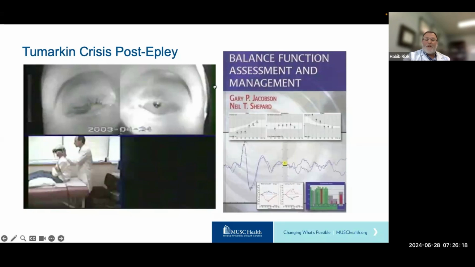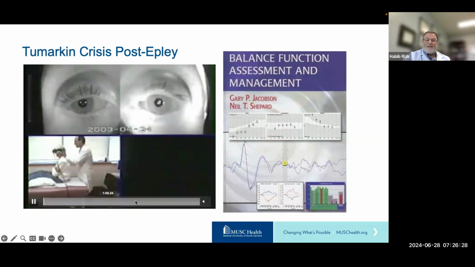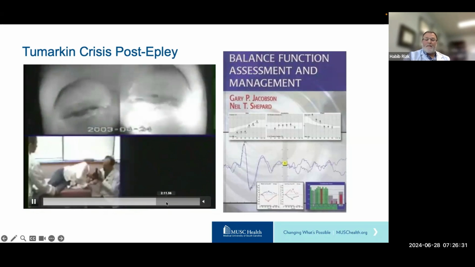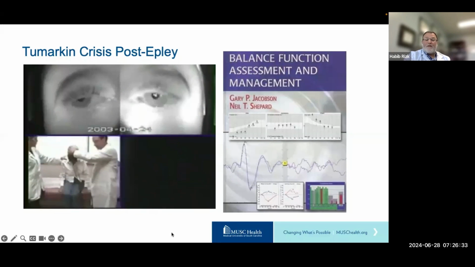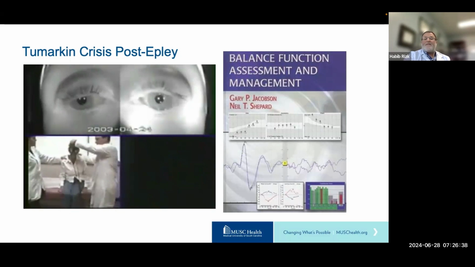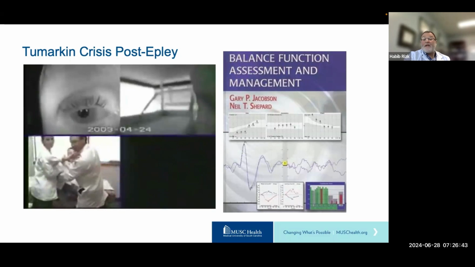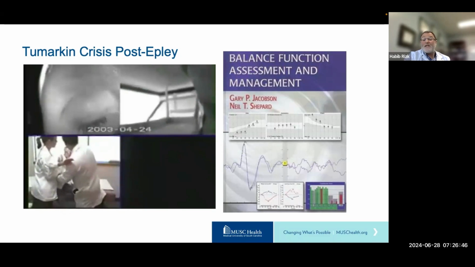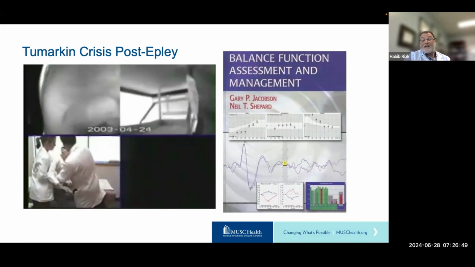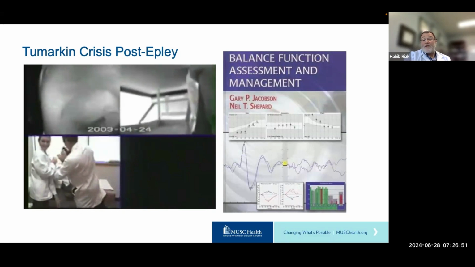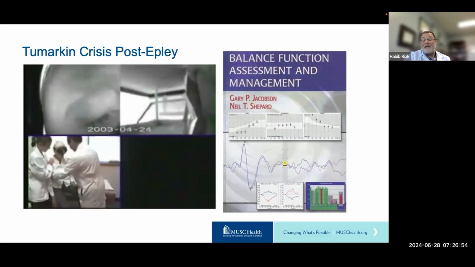And while it is usually ascribed to Meniere's disease, there are other situations where it can happen. For example, in this case, it was following an Epley maneuver done by Gary Jacobson, and he recorded it in his textbook, where that lady, after being repositioned, had a sudden onset of a fall, was being shoved to the side. And the mechanism implicated in this is the sudden return of the crystals, the otoliths, into the vestibule, which can create a sudden change of pressure within the utricular and saccular macula that can lead to that.